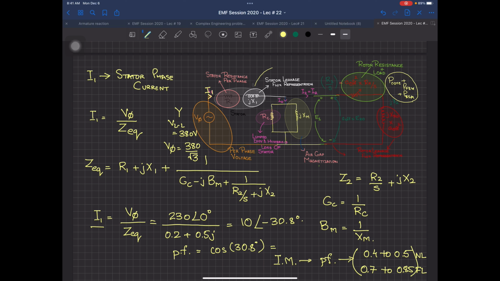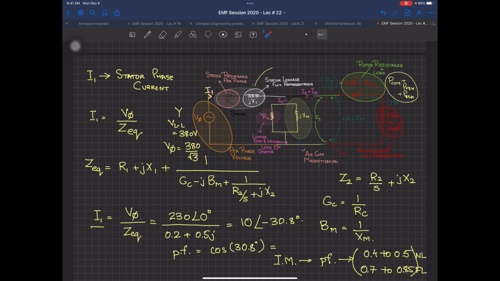Okay? But remember, this value will always be negative. This is very, very important. Don't make it positive, because if you are solving a numerical and this is supposedly a 5-step process in your numerical, and you have written this value wrong with a plus sign, then don't expect even 1 mark for your formula or whatever over there, because that actually means that you don't understand that induction motor. So please don't make this mistake, especially with the phase voltage you are using, then this value should be supposedly R plus JX, not R minus JX, and this value should also be negative every time, because you are taking this voltage as a reference phasor.